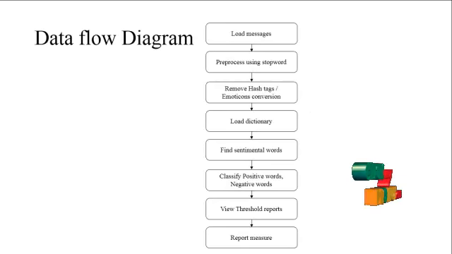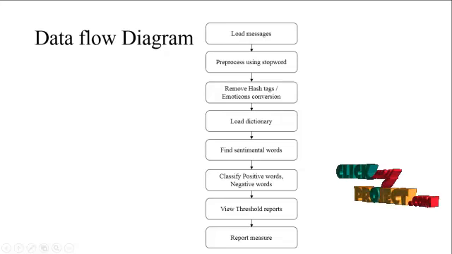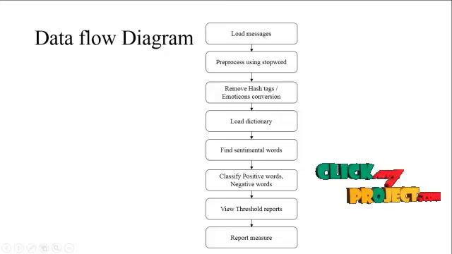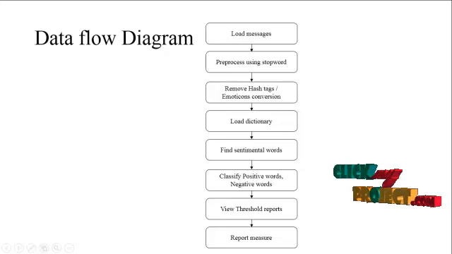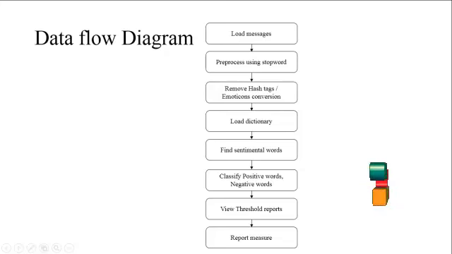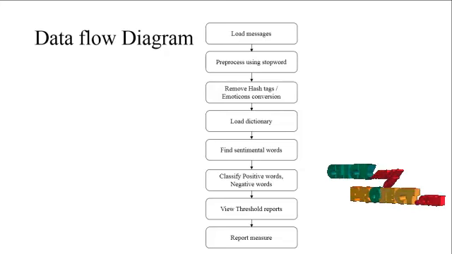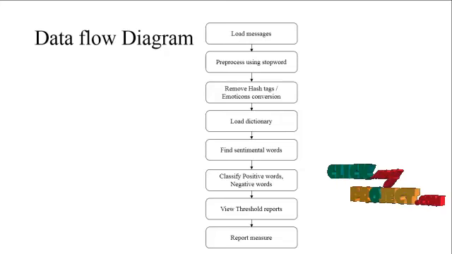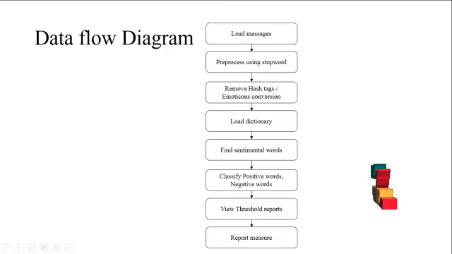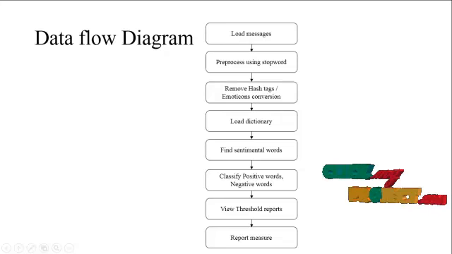And this is our project data flow diagram. First, we have to load the message posts in the cancer social networks. After that, we have to pre-process the posts or messages posted by the users, cancer patients. We have to pre-process the stop words: we remove the stop words from the messages for future classification and sentiment extraction.